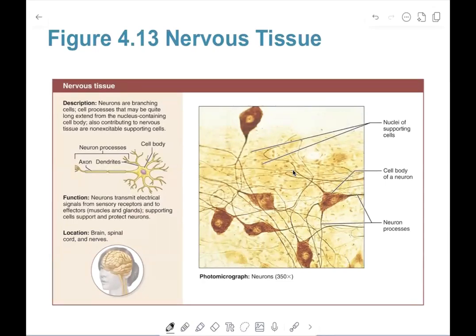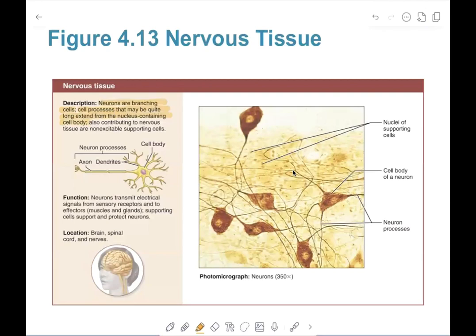The last type of tissue that we're going to discuss in this chapter is nervous tissue. And nervous tissue is responsible for communicating electrical impulses. Neurons are branching cells, and they have cell processes that can extend a long way from the nucleus, from the